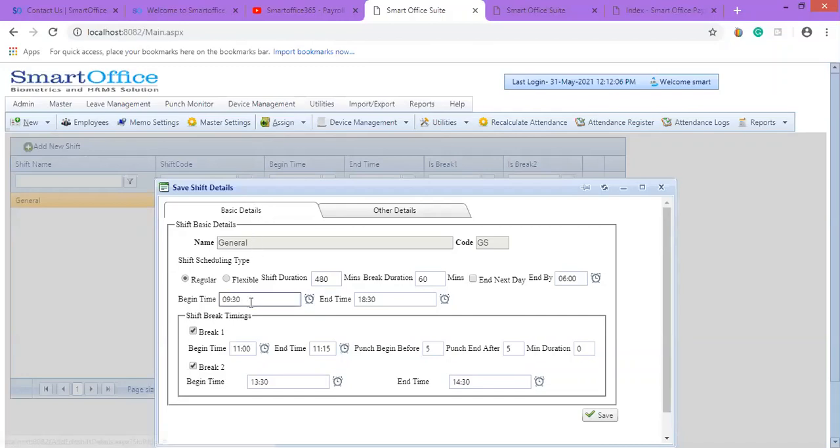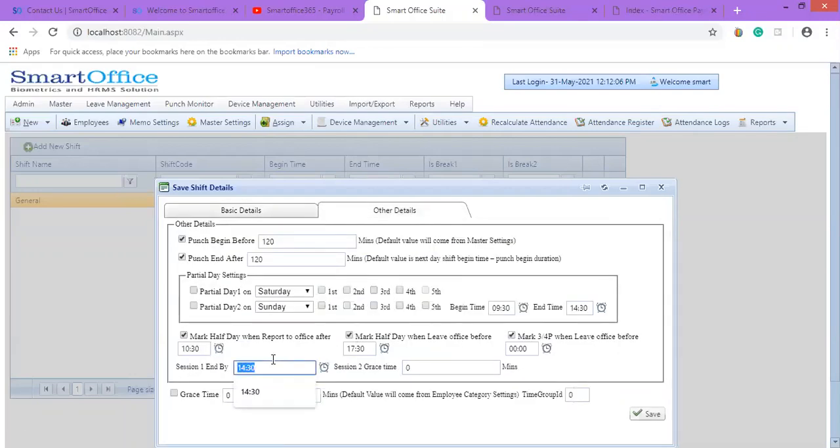So in 9:30 and 6:30, I'm going to mention 14:30 as your session 1 end by. Okay, and grace timing for this second session. If any employees are coming in the second session, for them I'm going to mention the grace timing.